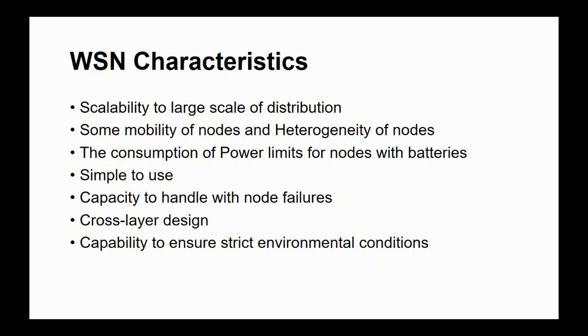There are certain WSN characteristics. It has scalability to large scale of distribution, some mobility of nodes, and heterogeneity of nodes. The consumption of power limits nodes with batteries. It's simple to use. It has the capability of handling node failures. It can be designed cross layer. It has the capability to ensure strict environment conditions,